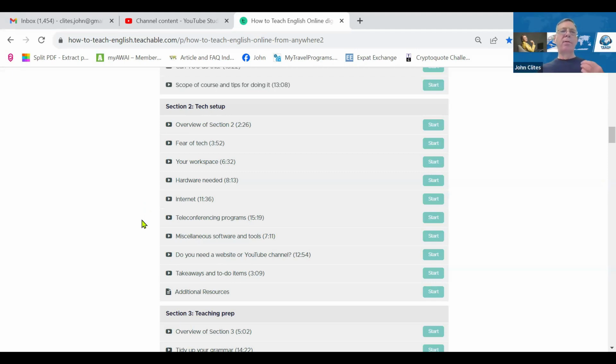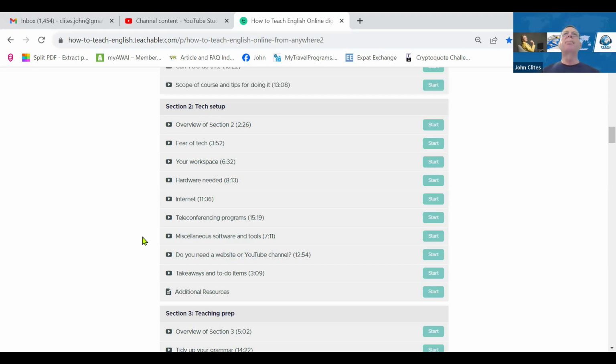Teleconferencing programs, again, the granddaddy is Skype, and Skype Personal is still around. Zoom really rose to prominence during the pandemic. They did heavy marketing, and perhaps they're the de facto standard today. I don't know, but I prefer Google Meet myself. So in this section, I'll compare those. Those are the big three that you might be using, and any one of those will provide all of the functionality that you need for your classes. So if you're familiar with any of those, you're right on top of things, okay?